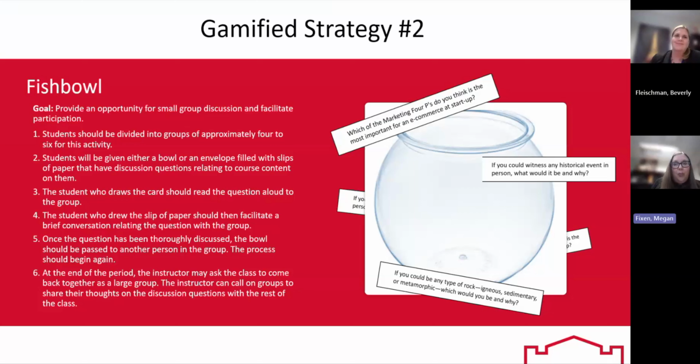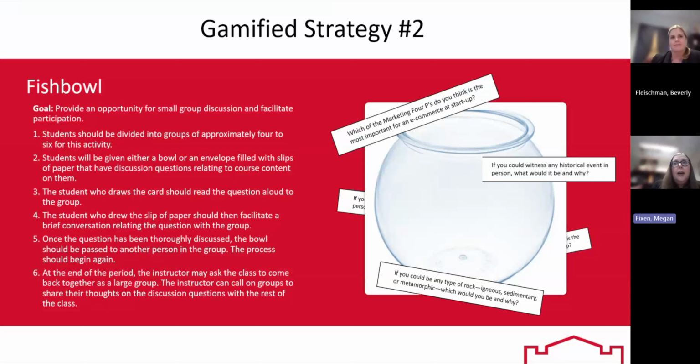And it also helps those quieter students ease into participation by being able to first listen to what others are saying and then reflect and then be able to make their own contribution and give their own thoughts. So this rotating role and open discussion really allows students to hear different viewpoints from a smaller group, and maybe they feel a little bit more comfortable talking in that smaller group than they would in a large classroom space.